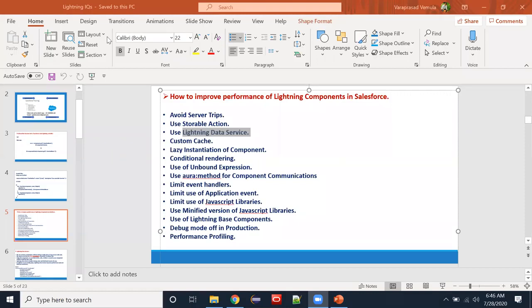Which tag do we have to use? Sunanda, which tag do we have to use for Lightning data service? Sunanda, are you there? Hello, Sunanda. Which tag do we have to use for Lightning data service? Brahma, Aditi. Hello. Why is everyone silent? Yes, Ajay, tell me which tag we have to use. How can we identify that it is Lightning data service or not?